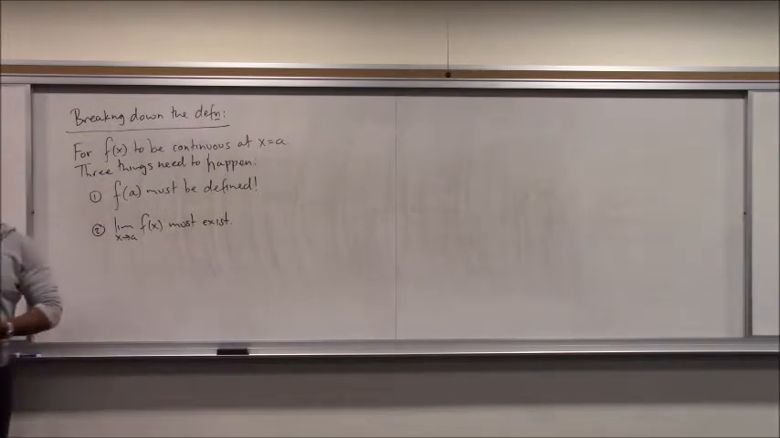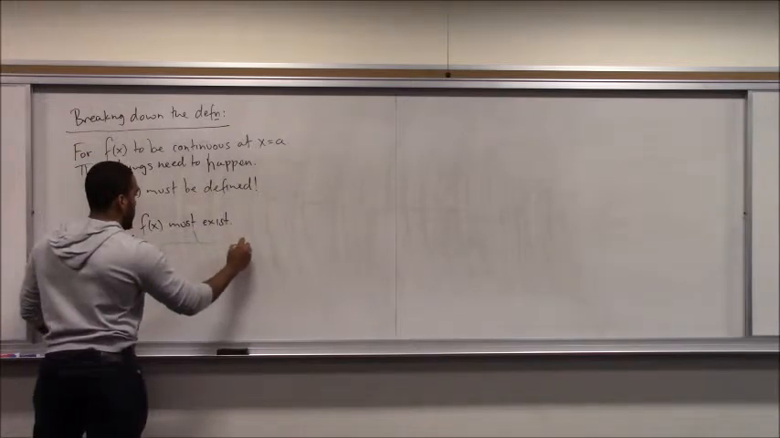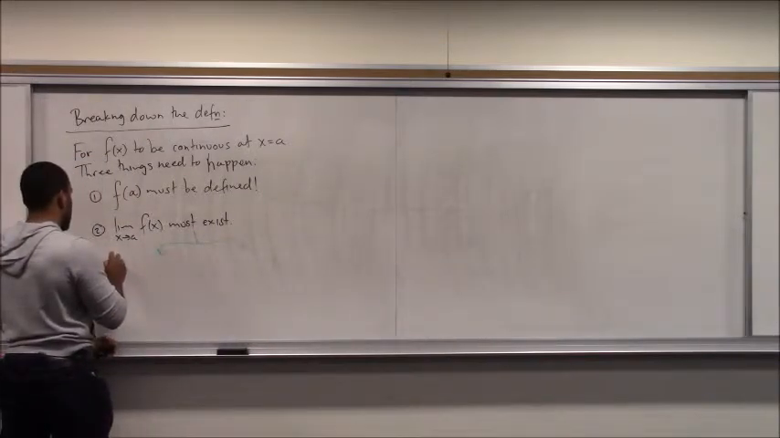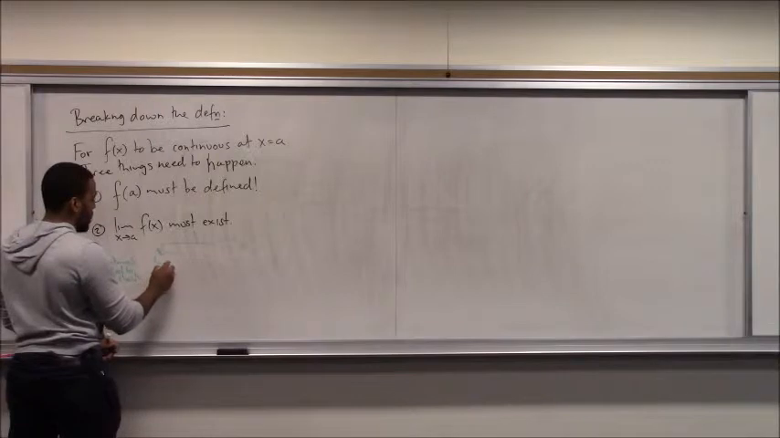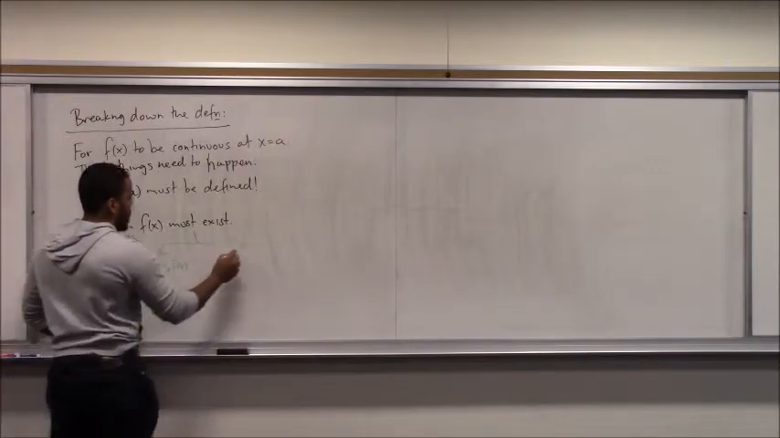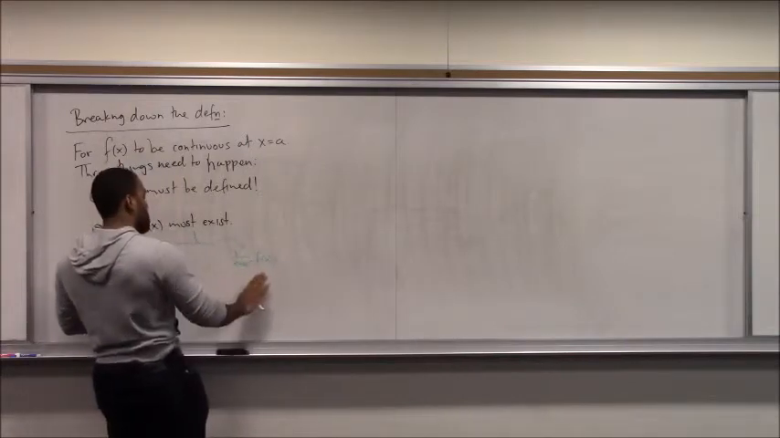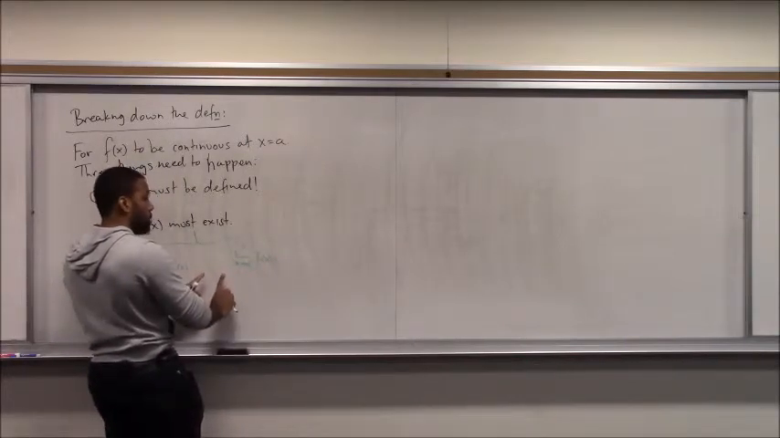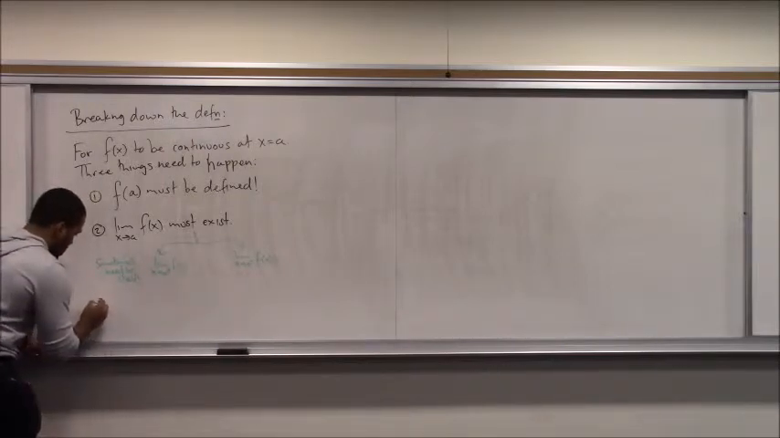You should be aware that sometimes this means you have to check both the limit as x approaches a from the right of your function, and the limit as x approaches a from the left of your function. Sometimes you have to look at those individually, make sure those match up. If they match up, then this is going to work. So you have to check the value of the function, you have to check the limit, and the third thing